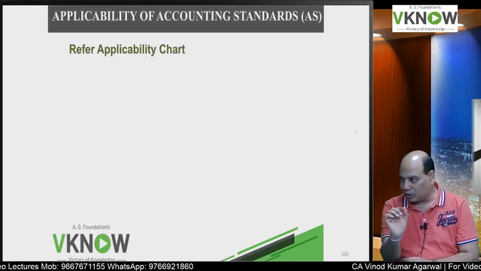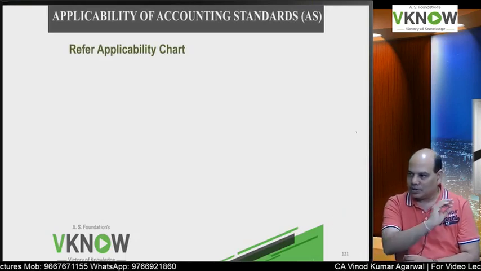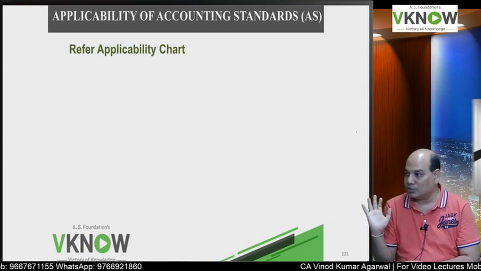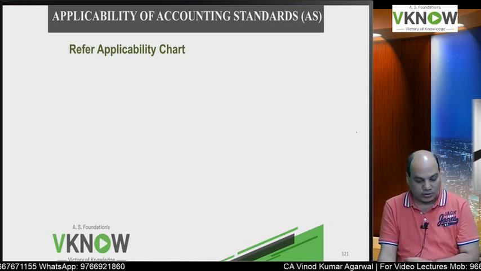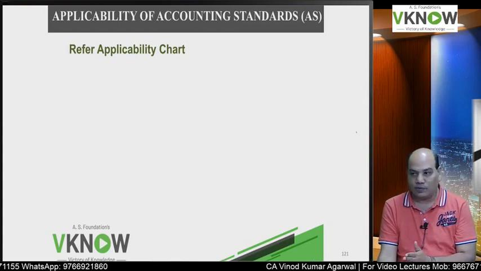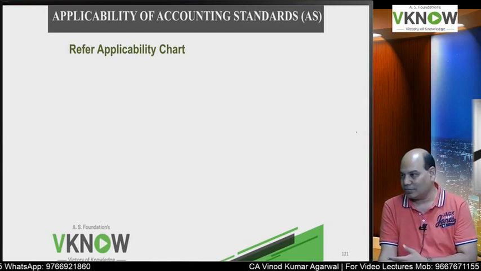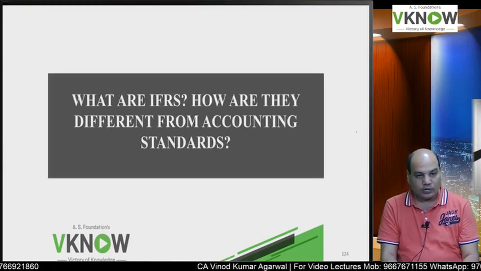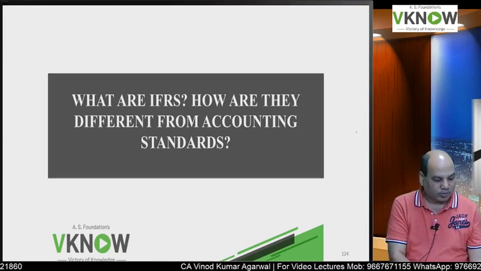Some standards are fully applicable to all of them. Some are not applicable to some of them. Some are partially applicable to some of them. As you move from level 1 to level 4, exemptions increase. Is it right? Level 1s are usually the bigger companies. Now, I have added one paragraph from my side also.